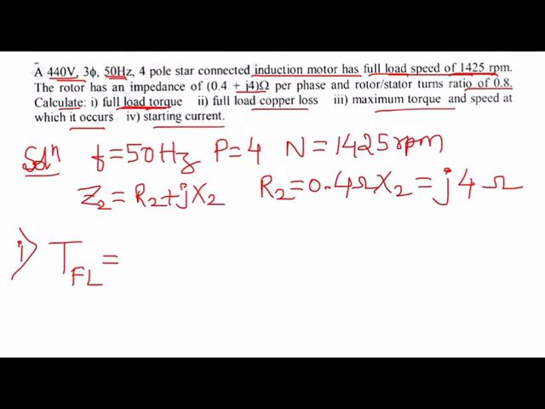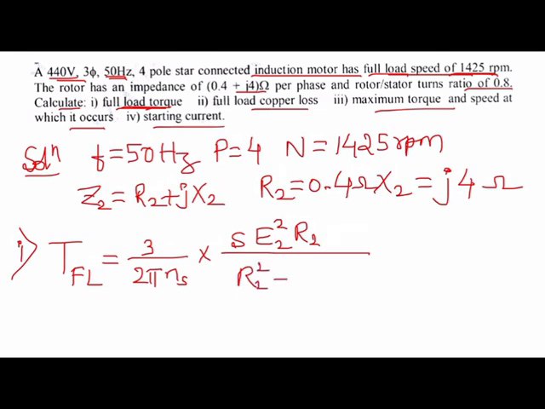Full load torque will be equal to constant K. The K constant is given by 3 by 2 pi into small ns. Small ns is the synchronous speed in rotations per second, into the slip of the motor, full load slip, into E2 square into R2 divided by R2 square plus SX2 whole square. So this is a formula we use to calculate the torque of the induction motor, that is